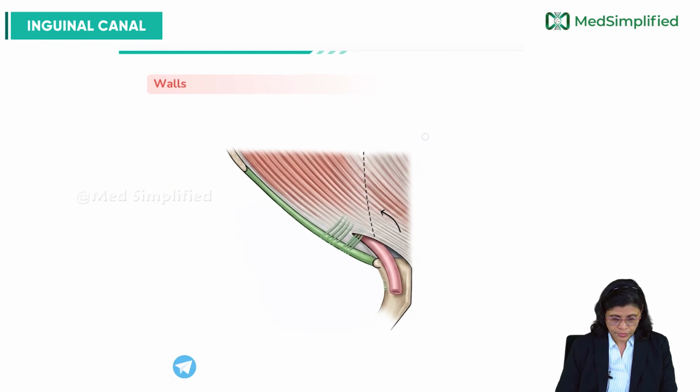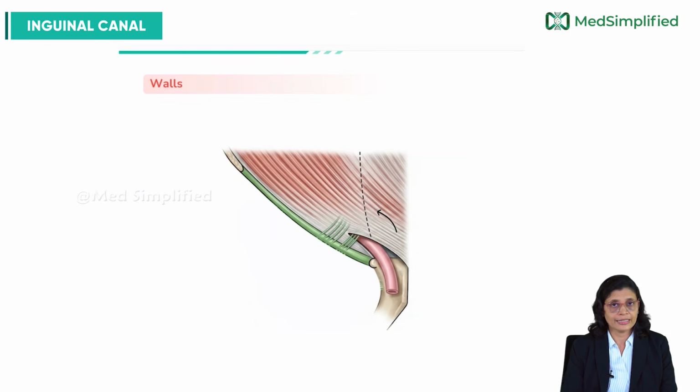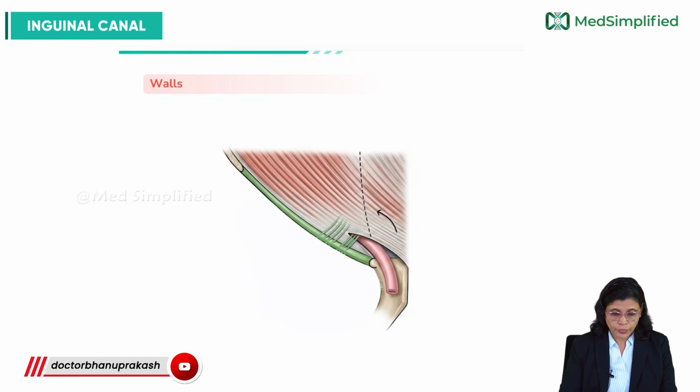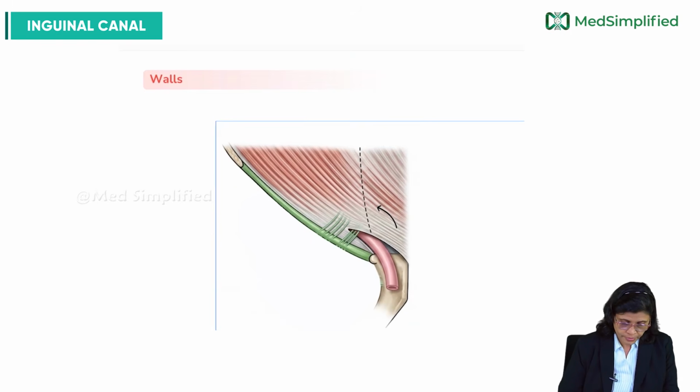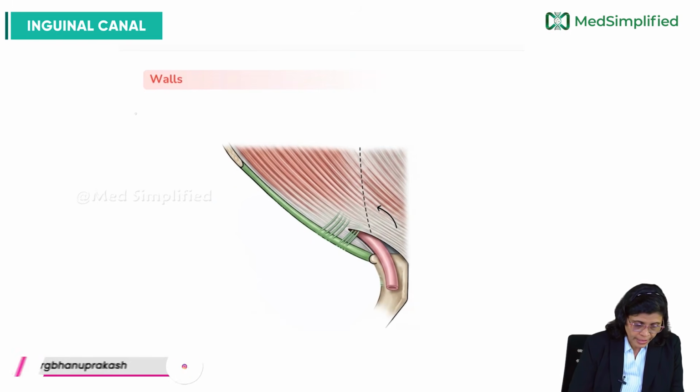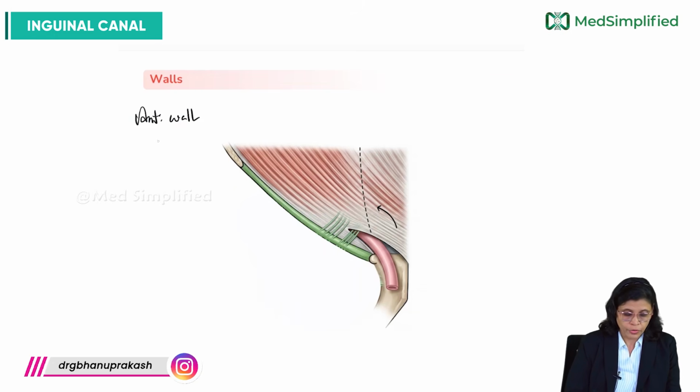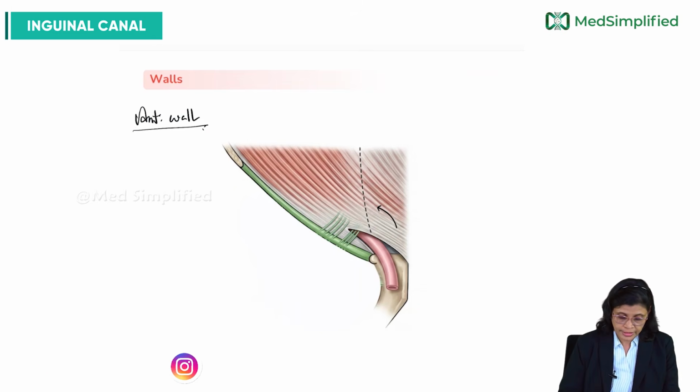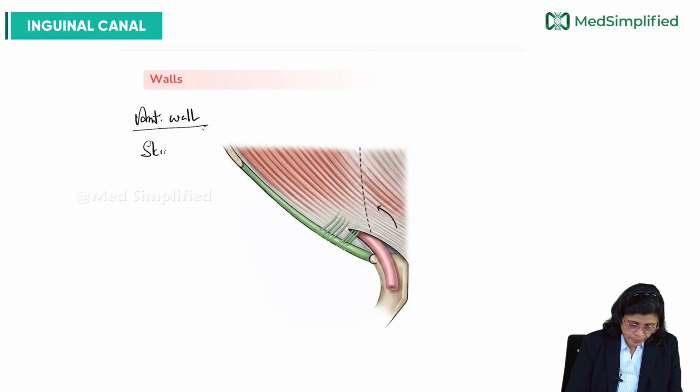Next, coming to the walls. So it has an anterior wall and a posterior wall, the roof and the floor. So when we look at the walls, the anterior wall is formed by, when we go from outside to inside, we have the skin, then comes the superficial fascia